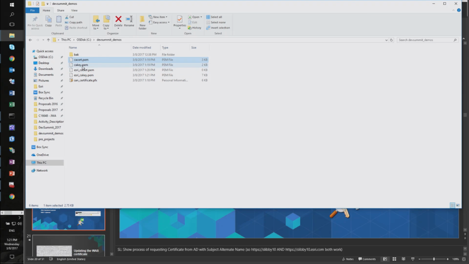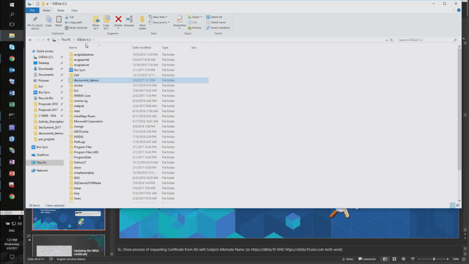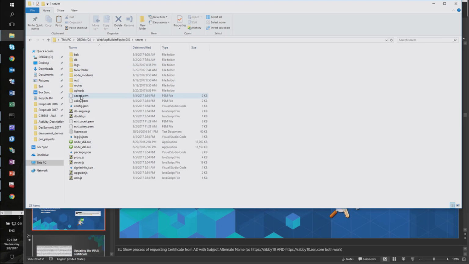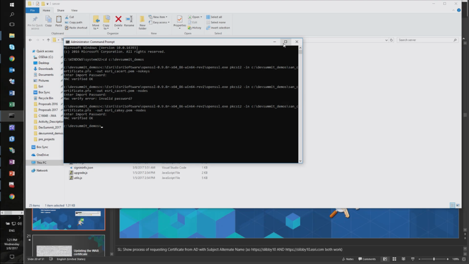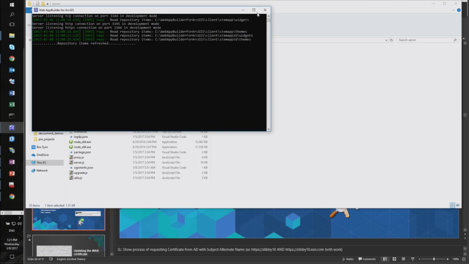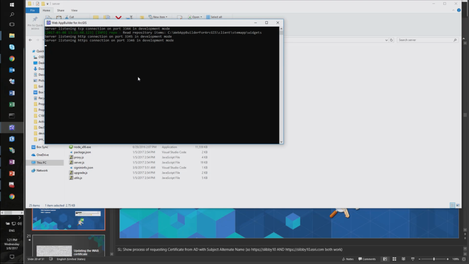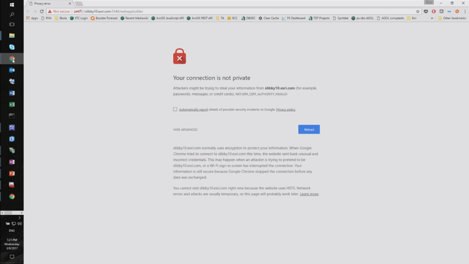I'm going to take these two original files that I generated, go to my Web AppBuilder deployment location, and in the server folder you'll see the CA key and CA cert files that we ship with the software. I'm going to stop my running process, take those two files and move them, and then paste in my new ones. These files now will be used, the same alias, same name, and if I run Web AppBuilder, you'll see it'll start up the same way. Same information here. And when this opens up, you'll now see that I have a valid,